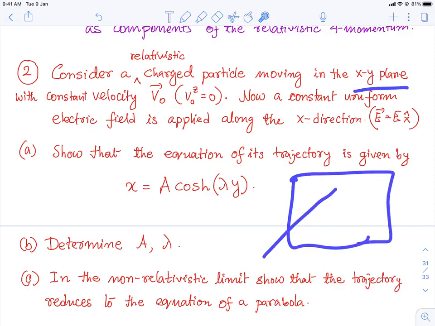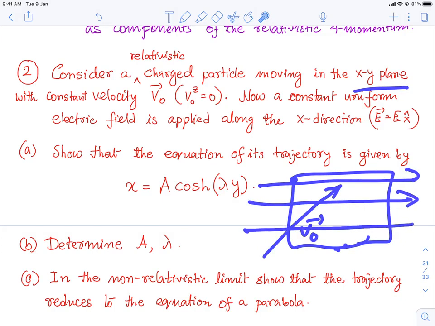It is moving with some constant velocity v. This is some v naught. Okay. Now let's say you apply an electric field along the x direction. Okay. And you want to know what the trajectory of this particle is. This particle is a charged particle. Because this particle is a charged particle, then this becomes a problem of solving a particle with constant acceleration, because